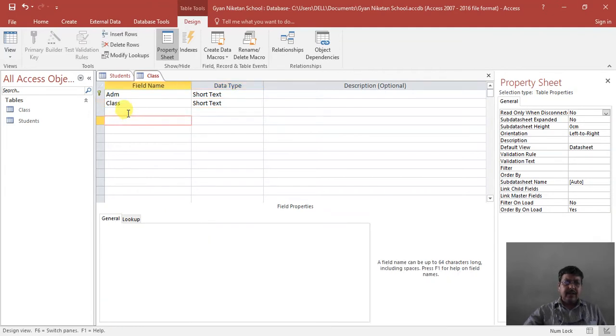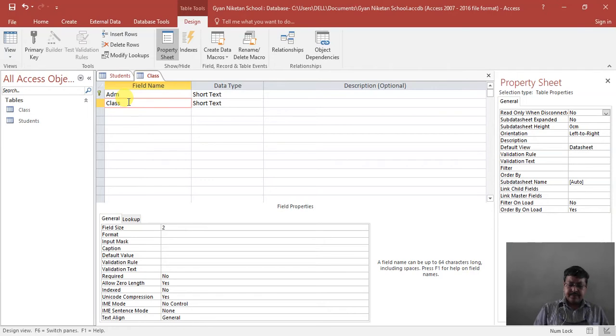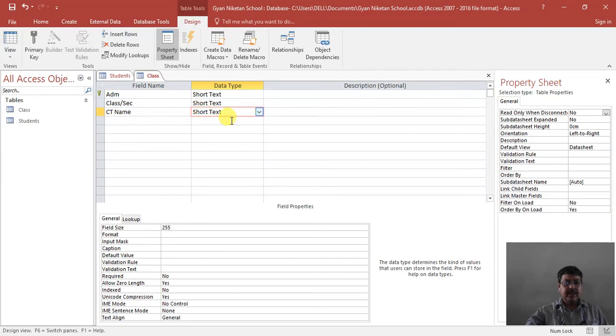In class, also a section. Then the next option, class teacher name, CT name, means who is the class teacher of that student. Then set up to 25 characters.